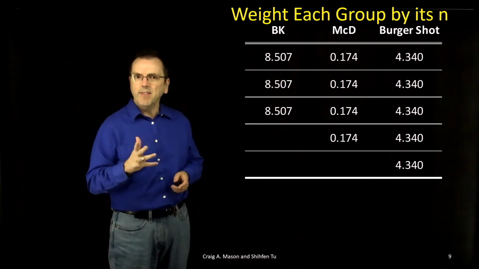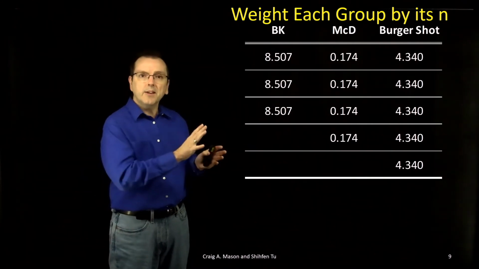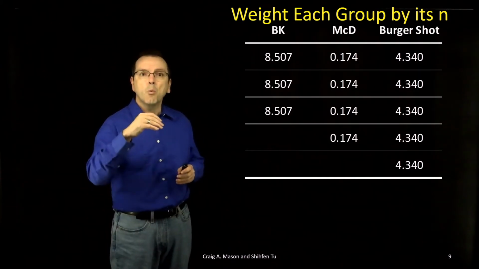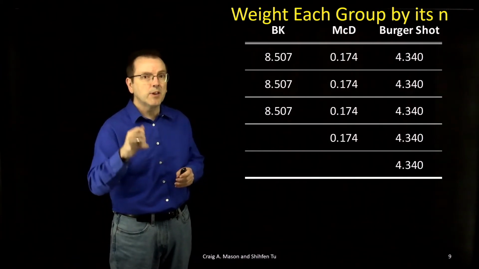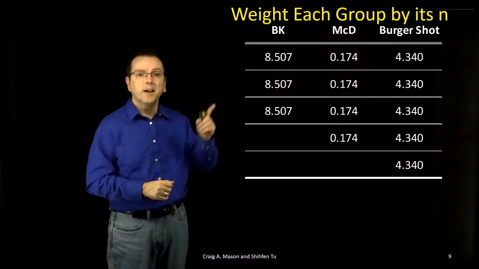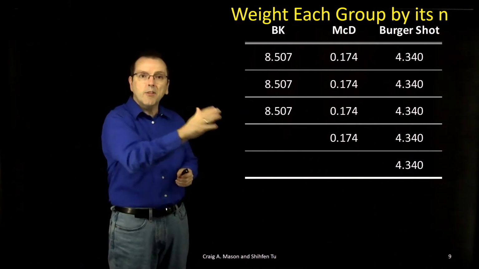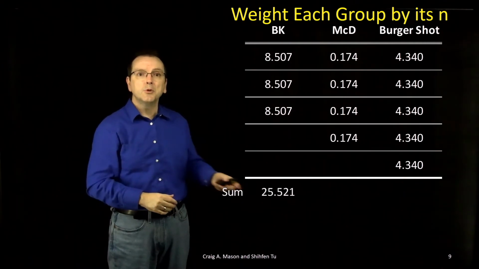You can think of that this way. Each of the three Burger King people has a squared group mean deviation from the grand mean of 8.507. Across all three of them, that sums to